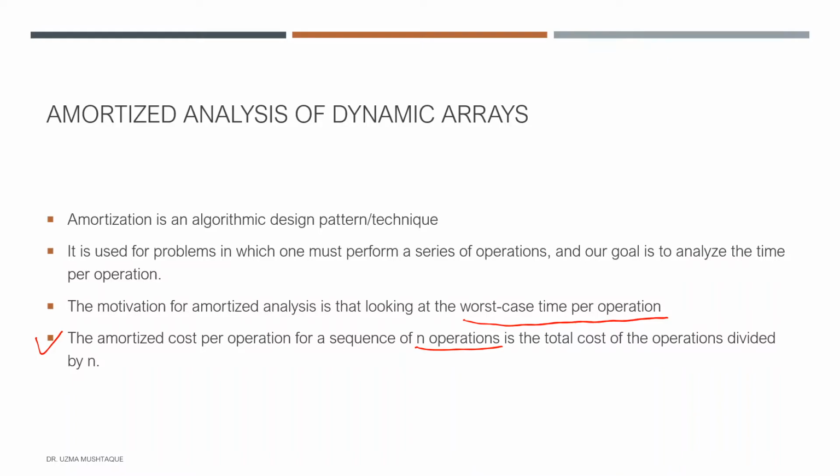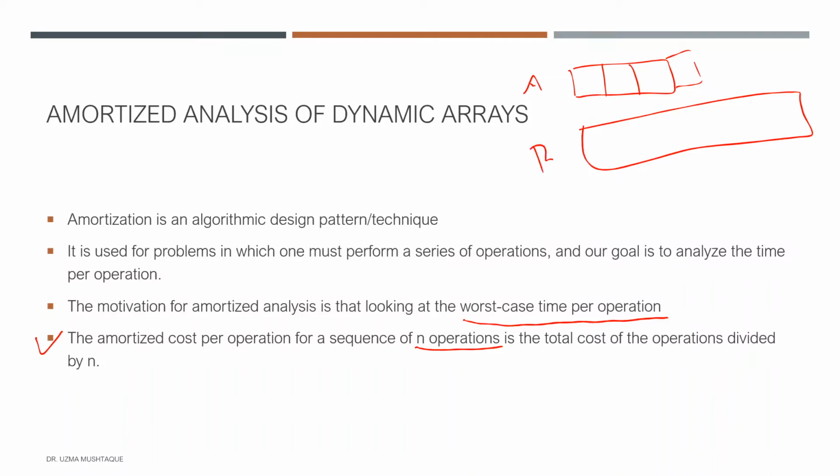Now, why are we all of a sudden interested in amortization when we started talking about dynamic arrays? That's because when you think about this strategy of, say, I had this array A of 3 elements, and then I saw that I have to add another element, so I just allocated double the size, another array, and then copied each element here. This seems like a real waste of overall cost and time, right? Because a single append may require order n time to perform, because I have to copy over n elements just to append one element at the end. So this amortization analysis will help us find out how much cost this entire append operation is taking in dynamic arrays.